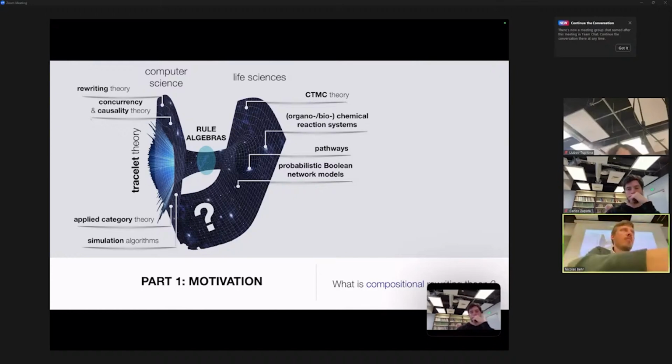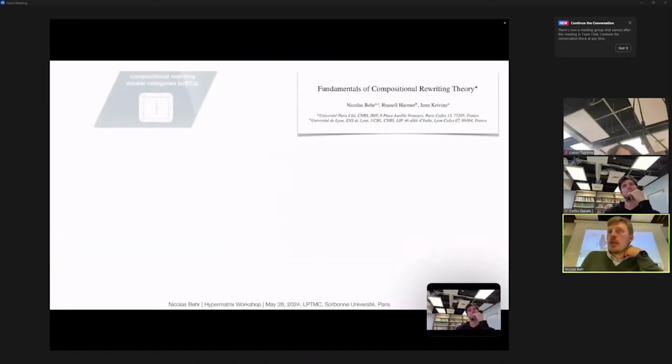And so the question is, how can you then extend these techniques from Markov chain theory to these transition-based pictures? And what I propose is that there's something called rule algebra, which is a certain kind of algebraic structure on the interaction of rules, which has as a side effect tracelet theory, and I will explain that next, that can translate some of these techniques to this rule-based picture. And then the question, of course, is what do you do with it? And I'm going to try to motivate that.